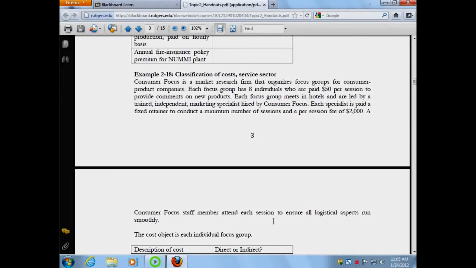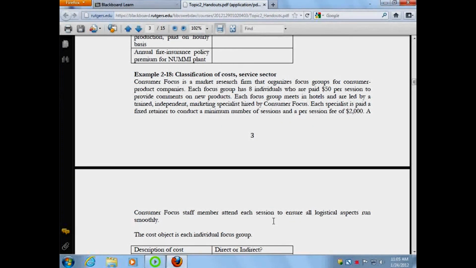A focus group is really, suppose I'm Apple, and I'm thinking of releasing a new product, the iPod or an iPad or something like that. Obviously, before I roll out a full-scale release, I'm going to test it on small groups of consumers from various different types of markets. I'm going to test it on one group of 18 to 25-year-olds, another group of 25 to 35-year-olds, and get feedback from them. Typically, companies go through many years of this kind of testing and feedback before they finalize a product. So this is what the company does. It organizes these focus groups and runs them for other companies.